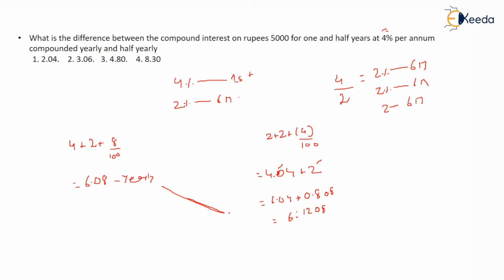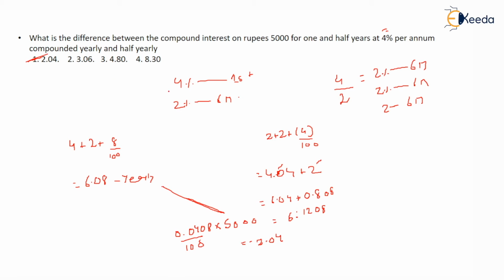Right, the difference between both of them, let's check it. Difference between both of them is 0.0408, right? This is the difference between both of them. So you have to simply multiply this by how much? 5,000, right? And this is what? Percent. So divide by 100 into 5,000. After doing this, what do you get? You get 2.04. 2.04 is where? This is the right answer.